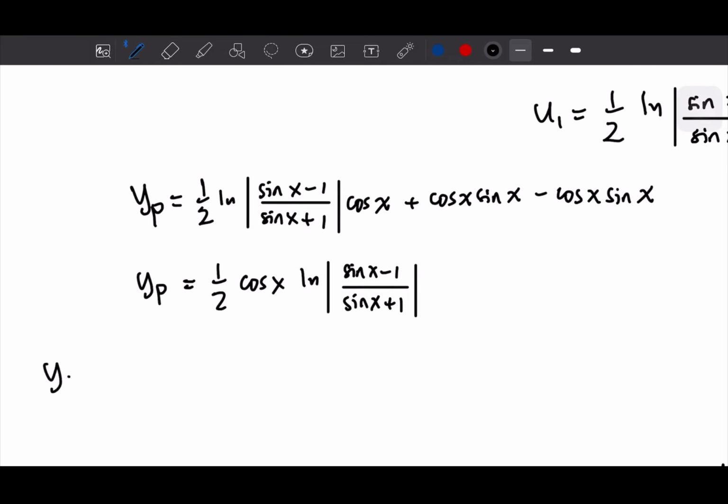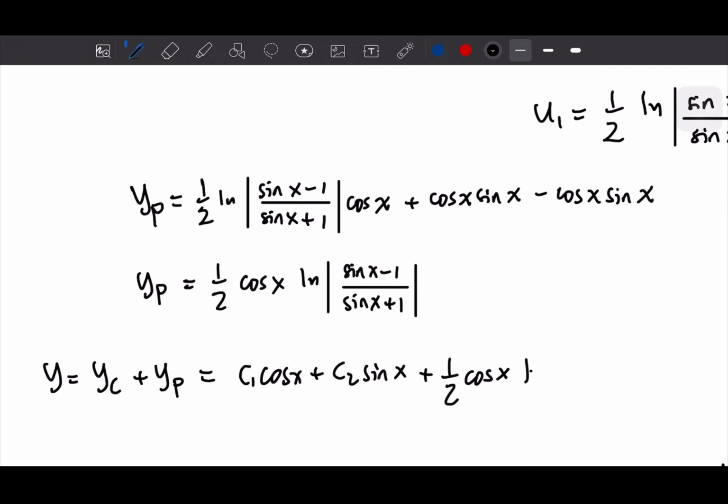So the general solution yc plus yp is c1 cos x plus c2 sine x plus half cos x ln